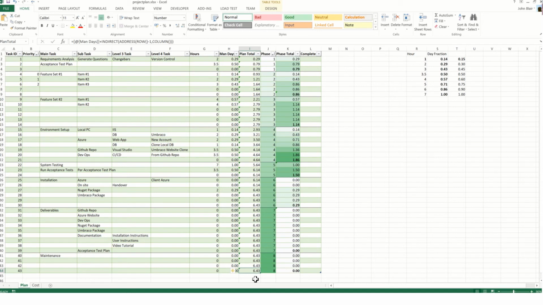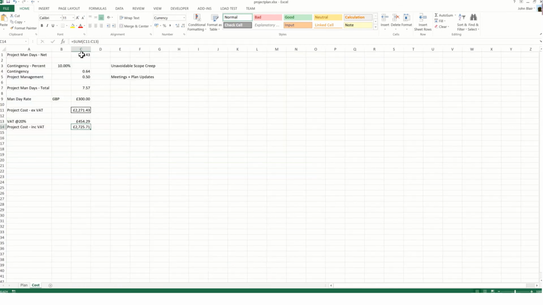So the key figure that we get from this is the plan total. We carry that over into the costing spreadsheet. You can see that's just lifted automatically. Now, in addition to what we've costed, we add in contingency. This is not just fat on the project, this is to cover unavoidable scope creep. This is where you generally have a difference with the client over what they meant by a feature and what you meant by it, and the client's insisting that their interpretation is the right one,